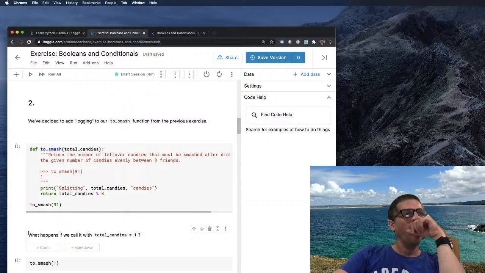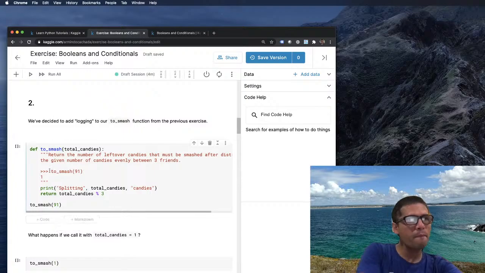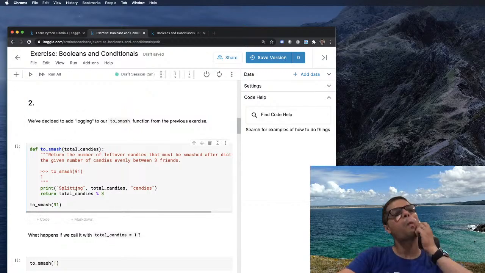And the question is, what happens if we call it with total candies equal to 1? So toSmash. So it's going to print